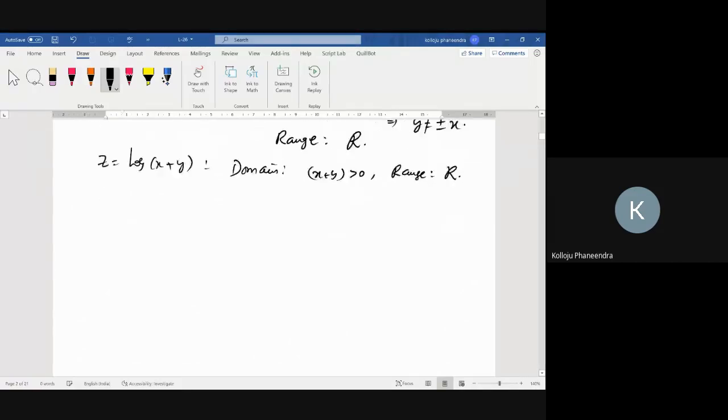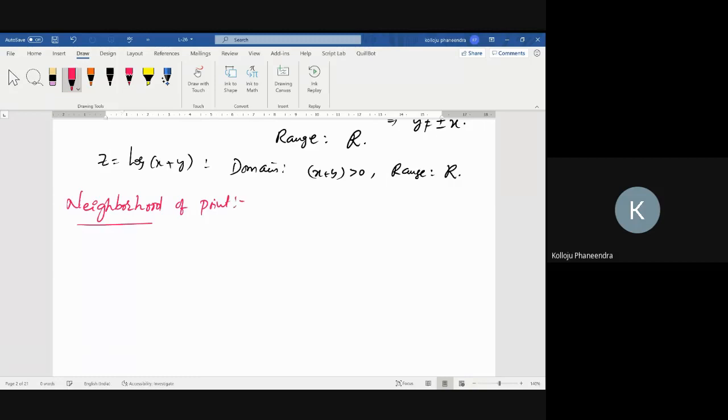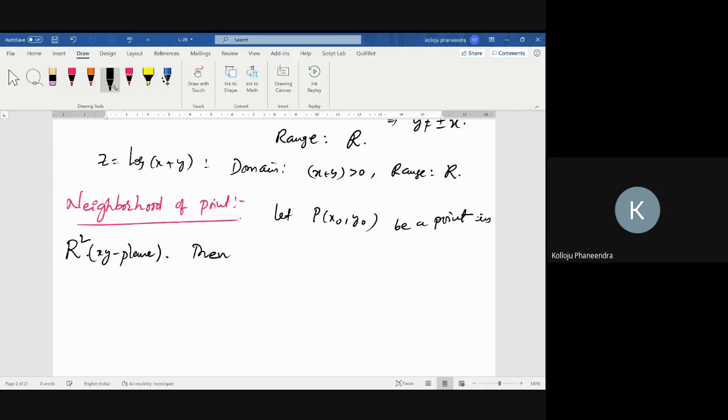And the next point, neighborhood of a point. What is it here? Let P, some particular point I am considering, P x naught comma y naught, be a point in R square. What is meant by R square? The two-dimensional plane, nothing but the xy plane. Then the delta neighborhood of the point P x naught comma y naught is the set of all points